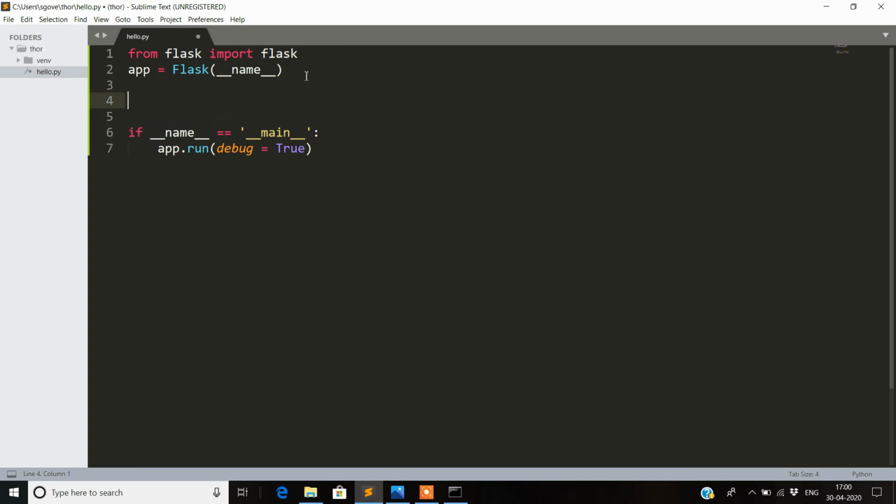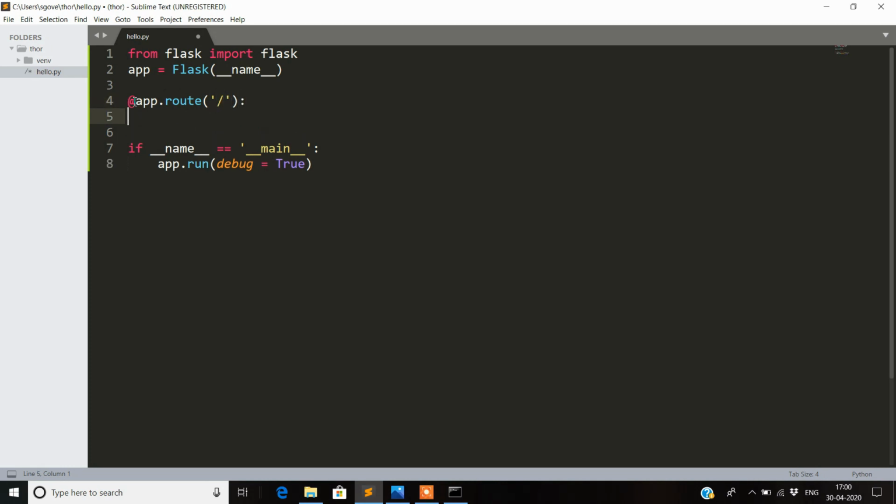Now on this instantiated app object, we'll write the decorator. We will not go into detail on what decorators are in this tutorial, but I have already made a tutorial on decorators. Here we are using decorators just for routing purposes. So I will write app.route, and inside that we will give the root directory name.